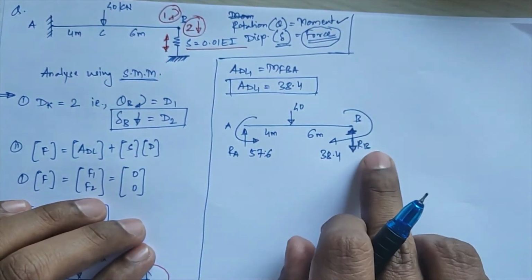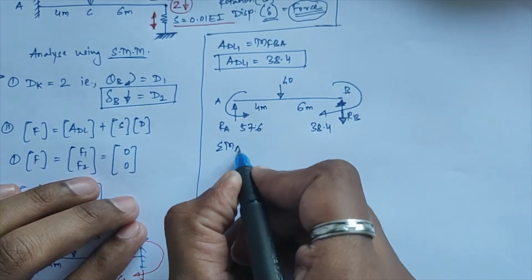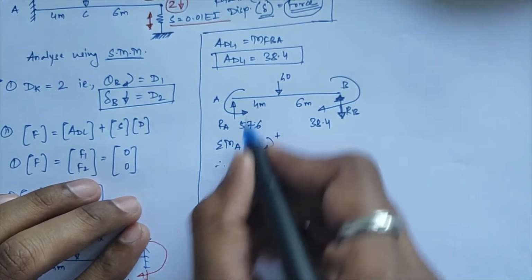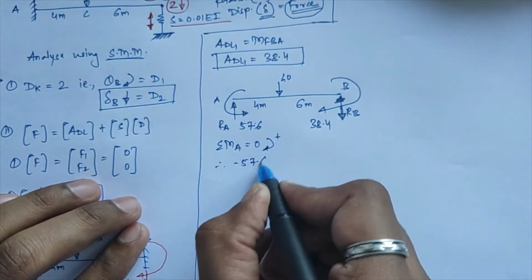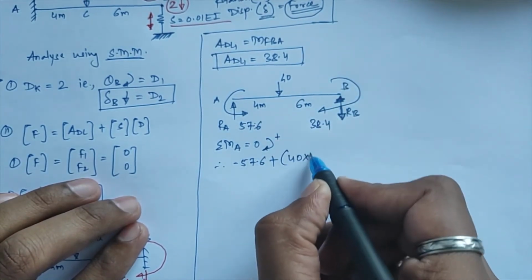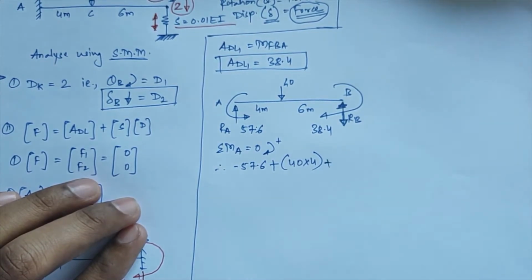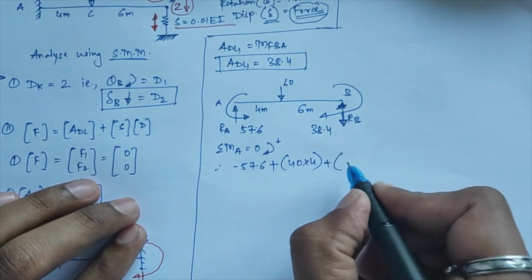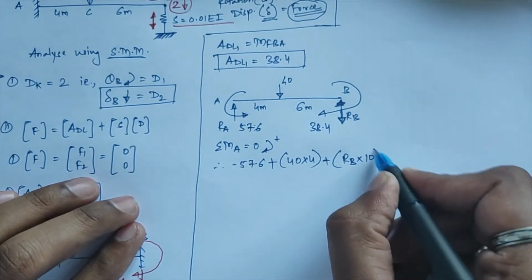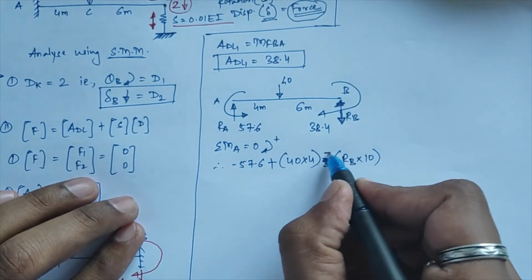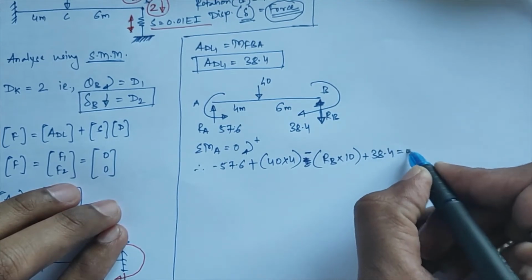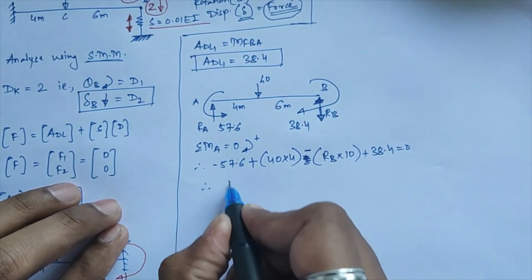So I have to calculate the value of RB here. So for that what I'll do, I'll take summation of moments about point A is equal to 0, treating clockwise moments as positive. So what I'll get, this anti-clockwise moment minus 57.6, next plus clockwise moment of this 40, that will be 40 into 4, right, plus moment of this RB, that will be RB into total length, that is 10, but that will be anti-clockwise in nature, so that is why this will come negative, plus this 38.4 is equal to 0. So if you solve this for RB value,